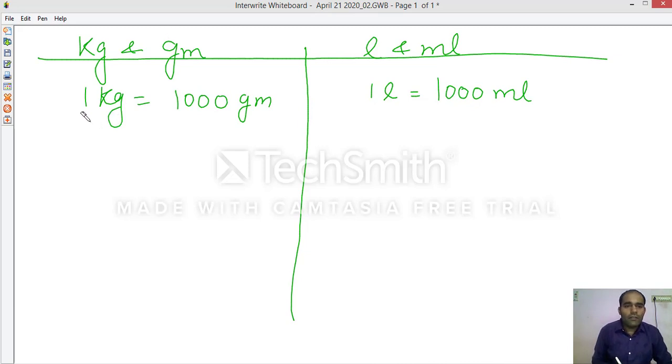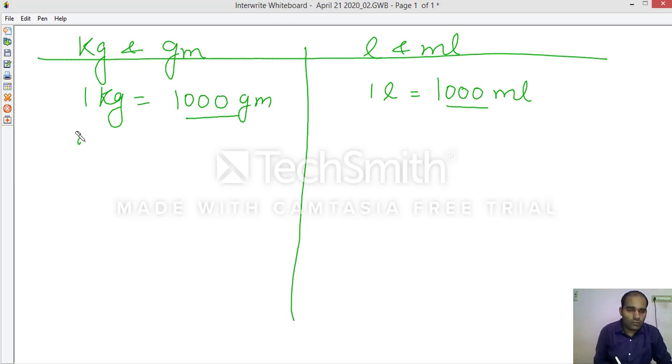Same thing will be followed in kilogram and gram and liter and milliliter. What you need to do? As you add 2 zeros in the case of meter and centimeter, here you need to add 3 zeros. Same in the case of liter and milliliter, 3 zeros.